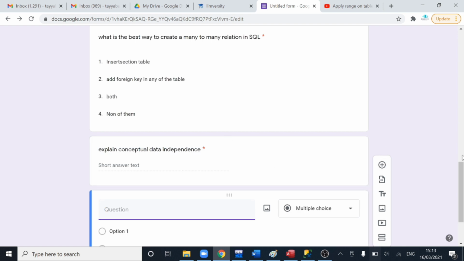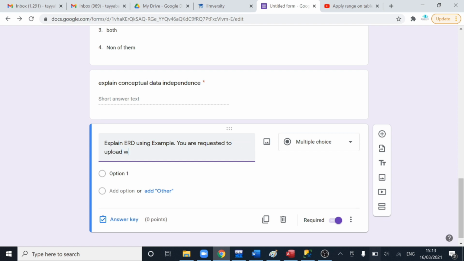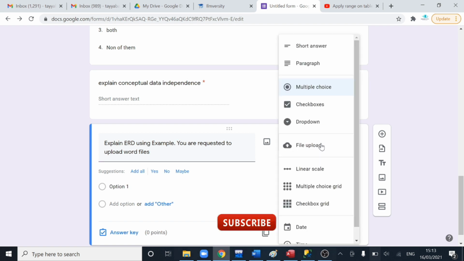Now I'm going to add a question which is going to allow students to upload a file with the quiz, so that they can write their explanation answer, which might include some diagrams or description or explanation, and the students would be allowed to upload a file. So here is the question for this particular example. I have provided a question, and now I'm going to choose upload file option from this drop down list.